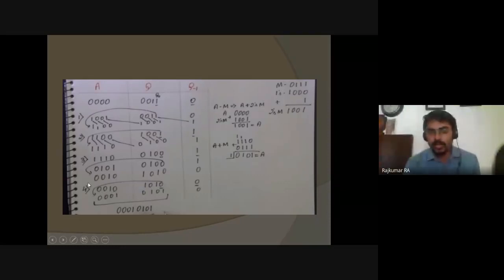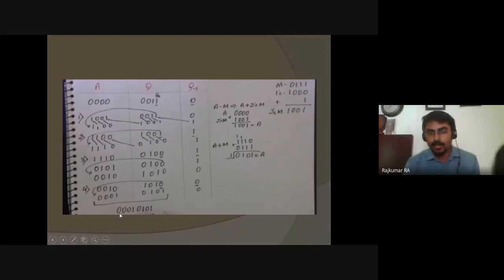So we're just shifting from this value to this value. So 0 will be coming to here, and this 0 will be here, and this 0 will be here, and this 1 will be here, and this 0 will be here, and 1, 0, 1. Again, the 0 will come. So since this is a 4-digit number, up to 4 steps is more than enough. Finally, we will get the answer if we combine A and Q. So the final value of A is 0, 0, 0, 1, and the Q value is 0, 1, 0, 1. Now we're combining the two, A and Q digits, so totally 8 digits.